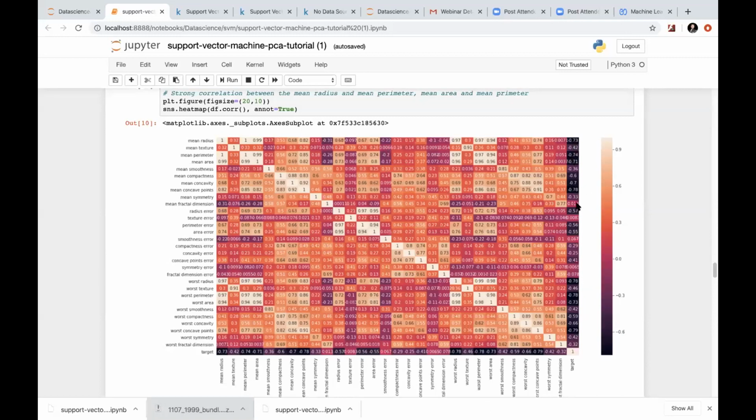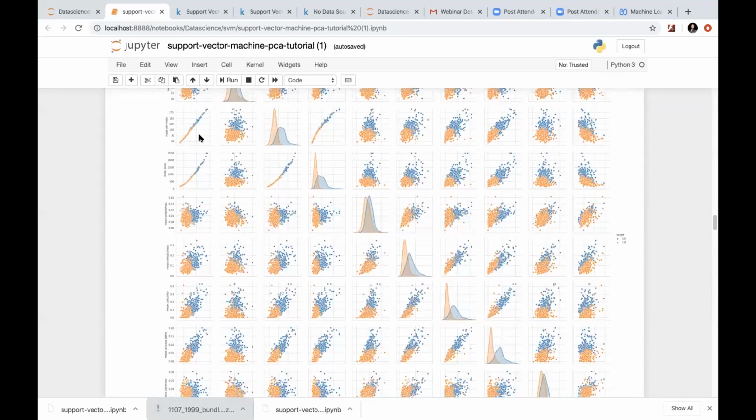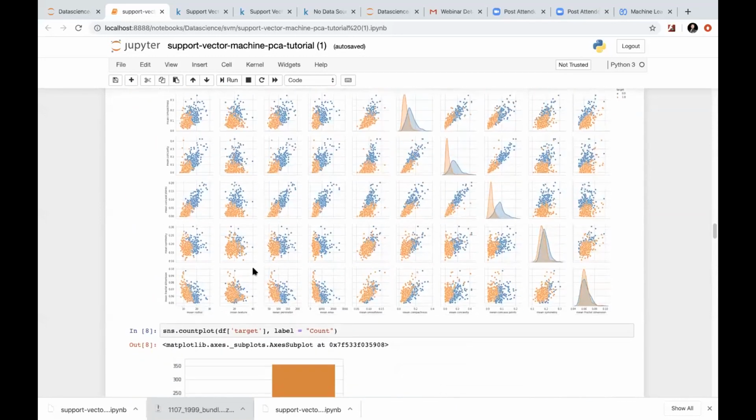There are only a very handful of features which do not have good correlation with the target, just like 0.0065, 0.067, 0.0083, and mean symmetry. Just like we have visualized it, this mean symmetry with target, and I showed you how it is overlapping on the target.